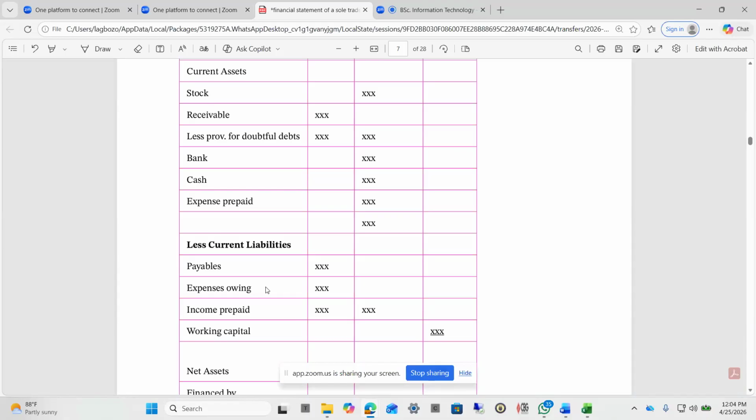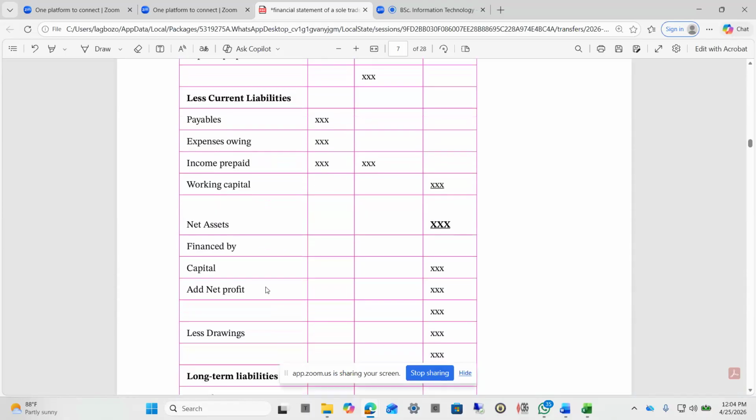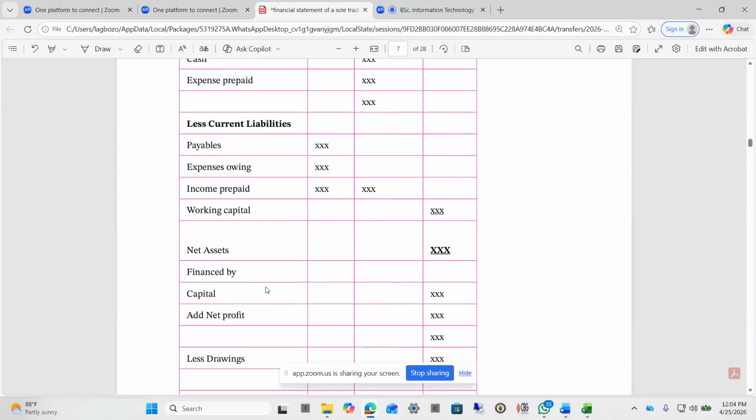Your working capital. Yeah. Then, when you take your... I think my first explanation was wrong. When you take your current liability from your current assets,